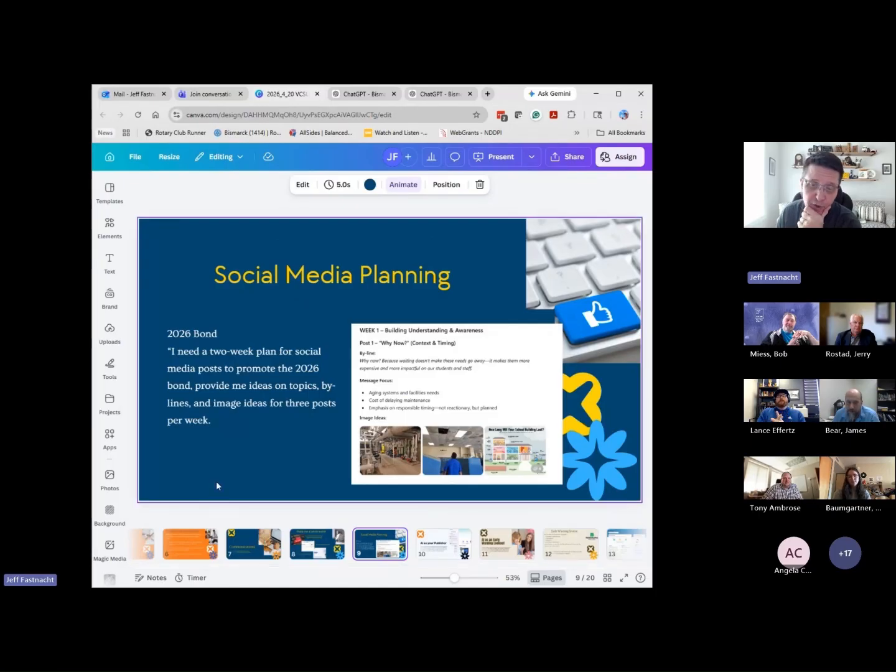Another thing on communication, because we're in the midst of a campaign to do a lot of work with facilities, I do this. I just ask my client to give me a 3-week plan or a 2-week plan for social media, 3 posts a day or 3 posts a week. I need a byline, I need image ideas. And this was the first post, and it gave me 3 posts a week. Here's your ideas. It took all that background knowledge we had with facilities work and just laid it in front of me. And it's like, wow, that worked. I was really impressed. I have to still fine tune it.